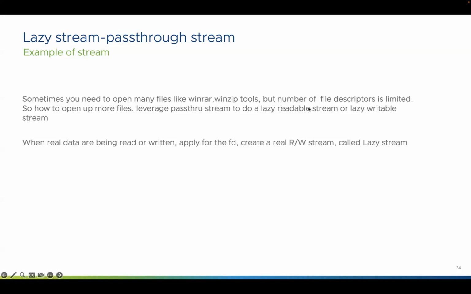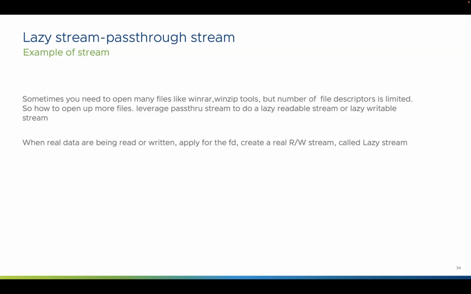But for a specific operating system like Unix, Linux, macOS, or Windows, the number of file descriptors is a resource of the operating system. The number of file descriptors is limited based on the operating system. So how to open up more files, or just